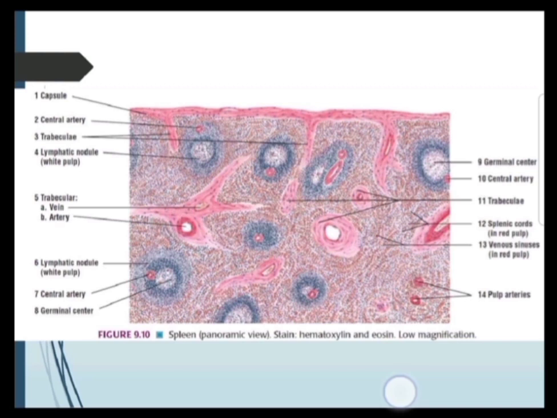A splenic sinusoid is characterized by being a dilated blood vessel which is distensible. As regards its lining, this is endothelium, and there are very specialized phagocytic cells known as the littoral cells, which lie in the lining of the sinusoids. The endothelial cells lie over a discontinuous basal lamina, and there are pores in the wall of the endothelial cells. These are the characteristic features of a splenic sinusoid.